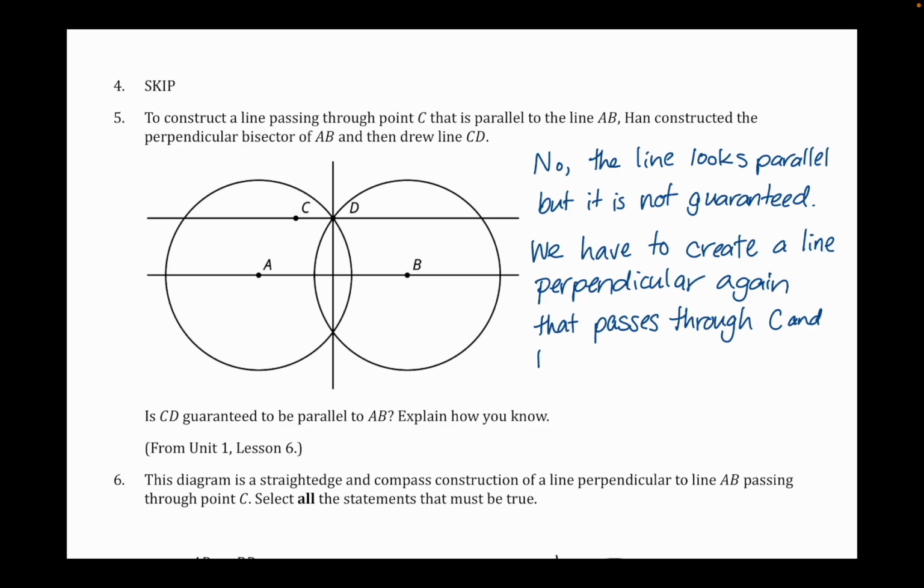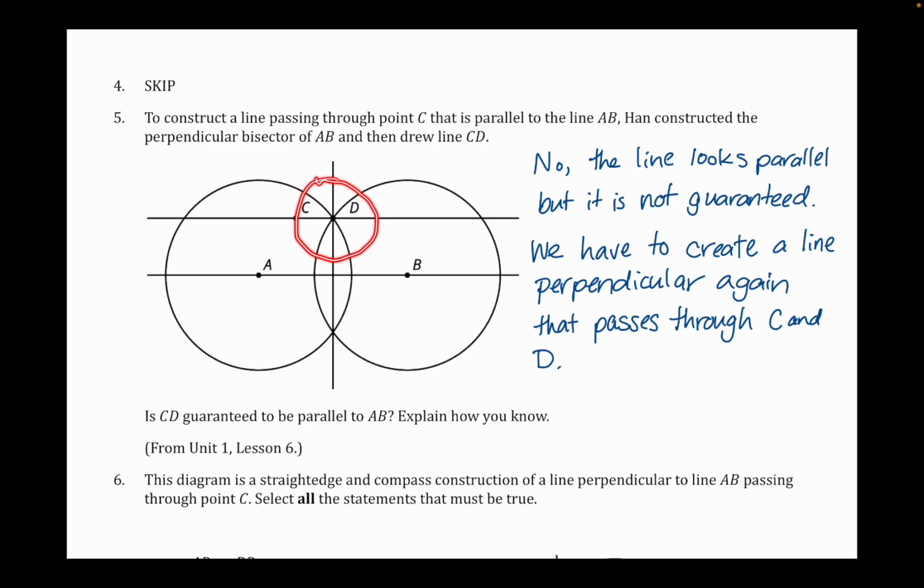C and D. So essentially what we're actually going to need here is another circle drawn around D. I'm very bad at drawing accurate circles here. We would need another circle drawn here around D. I'll just sketch it using my laser pointer. We would need another circle here drawn around